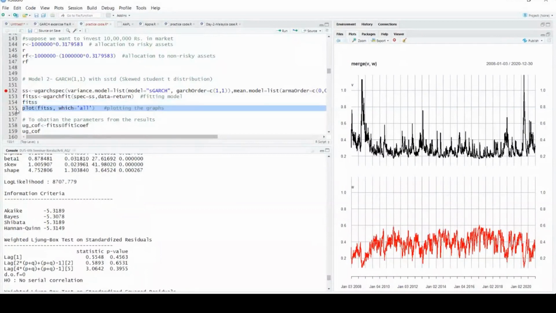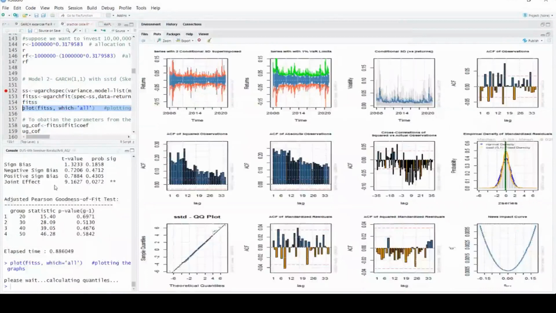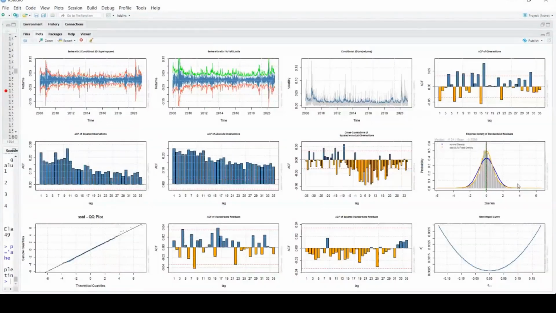So here you have all the things together. All right. Now, the interesting thing to look at, you can see the graph number 8, which is the density plot. This density plot says that the blue line is the normal density curve, whereas the orange line is your fitted density curve, which implies the Gauch model, which is fitting to the data, is more appropriate because this is fitting to the data.